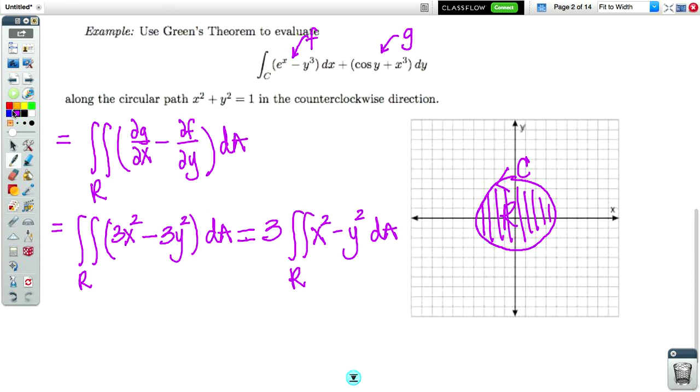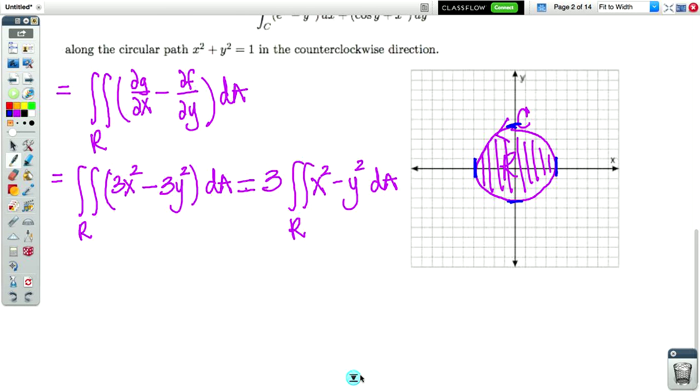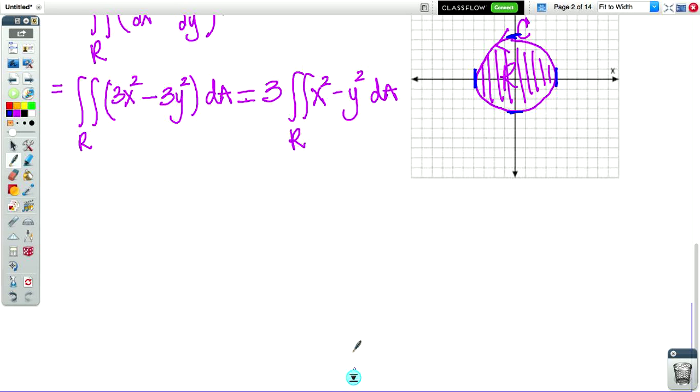Now, let's just stop for a second and notice that I do have clear limits for both x and y, but basically curvature is happening everywhere. I don't have one variable that has just straight, linear boundaries. So because of that, I'm going to convert this entire integral into polar coordinates. So when I convert this into polar coordinates, remember,